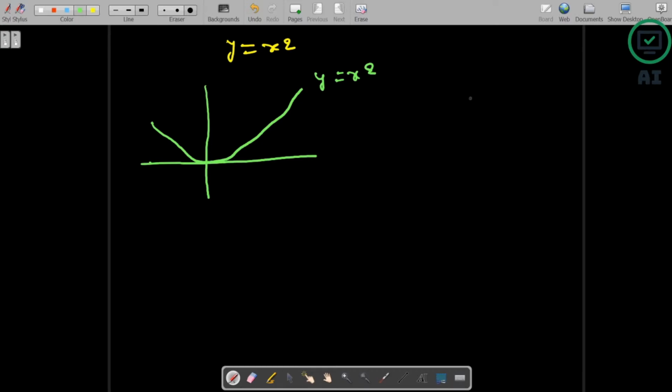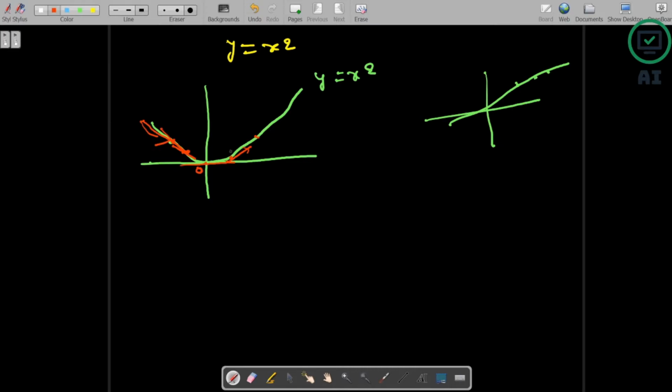As we have seen in a straight line, when the line was there, the slope was consistent everywhere. But if you take the slope for this particular point in this curve, that is nothing but a tangent line. This is decreasing here. If you take this point, here also it is decreasing. If you take this point, here the slope is 0. If you take this point, here it is increasing.